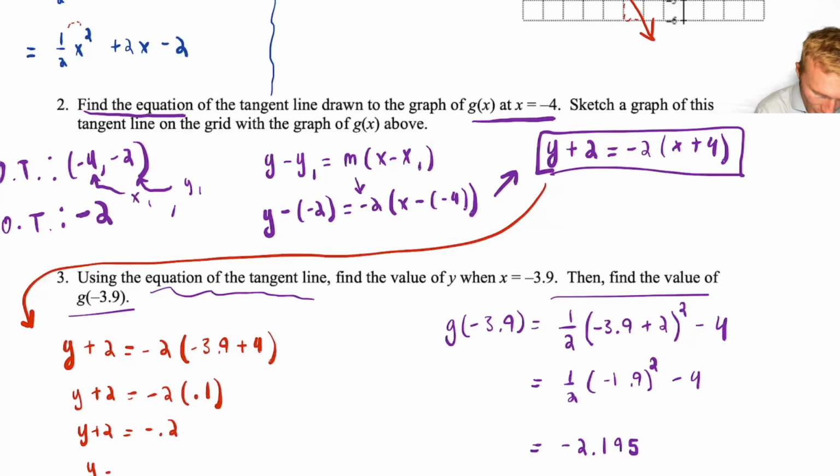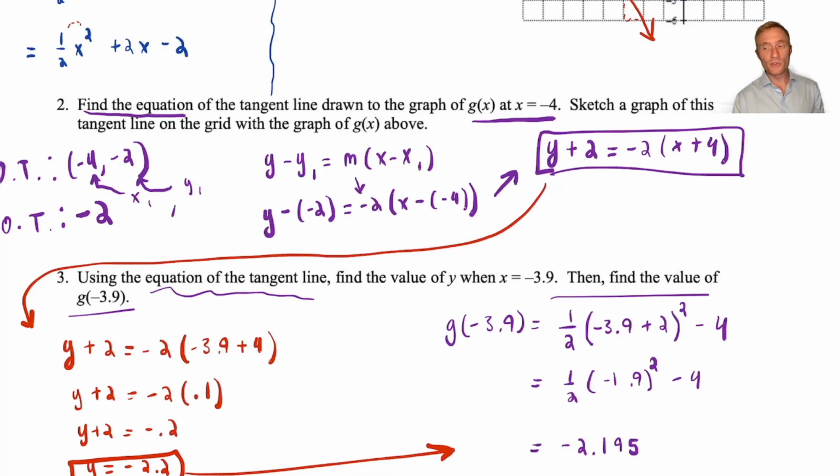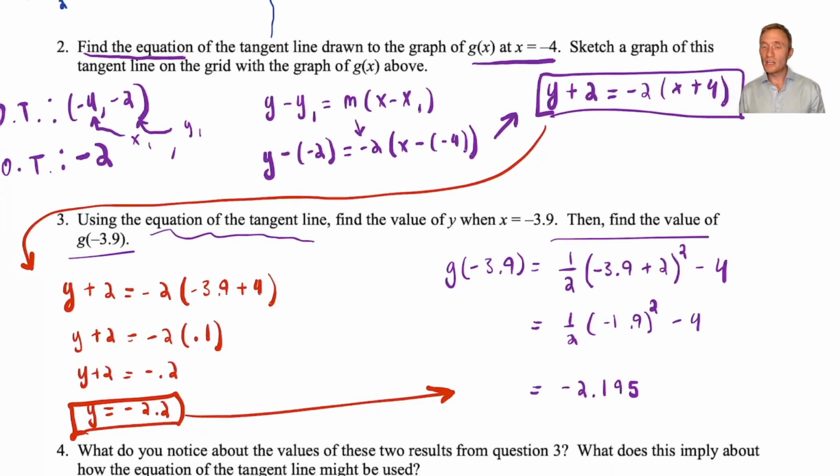We subtract 2 from both sides. y equals negative 2.2. Look at this. Compare these two values. For a lot of purposes, those are good enough. Negative 2.2 in a way that we could do in our head versus getting the actual value of negative 2.195. If you're actually sending someone to the moon, you want the negative 2.195 number. But for a lot of purposes, in a way that you could do this in your head, the negative 2.2